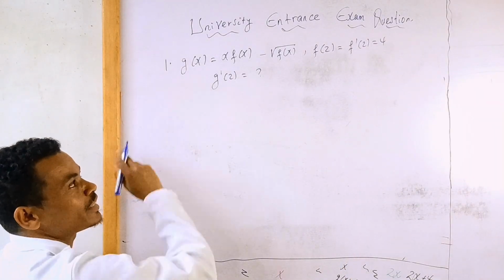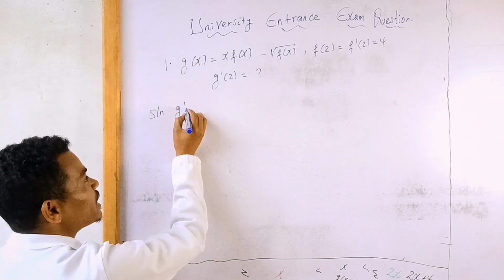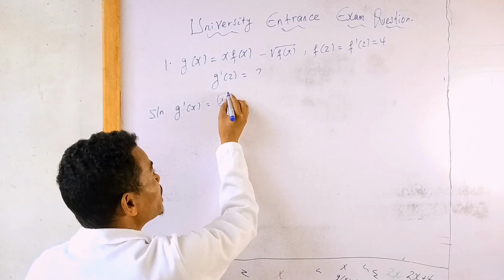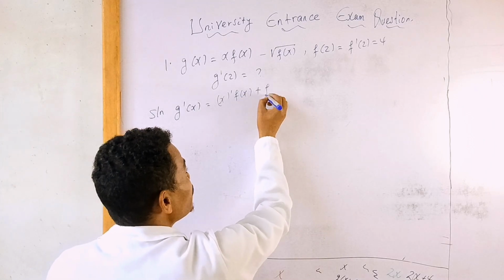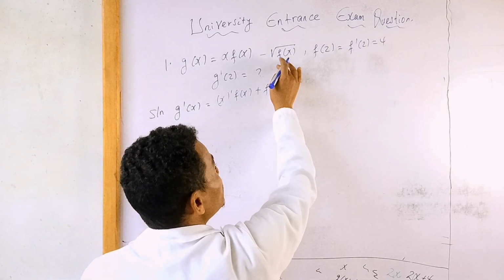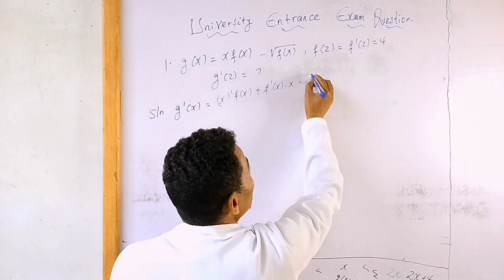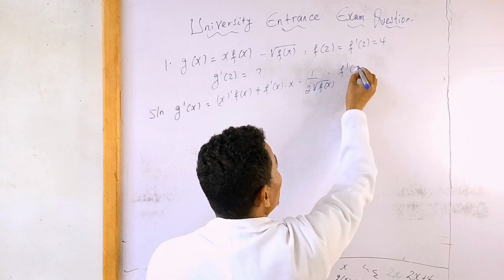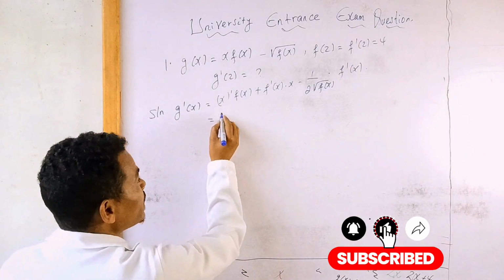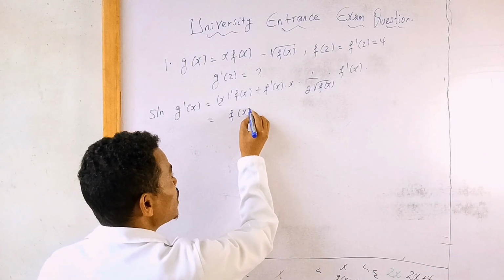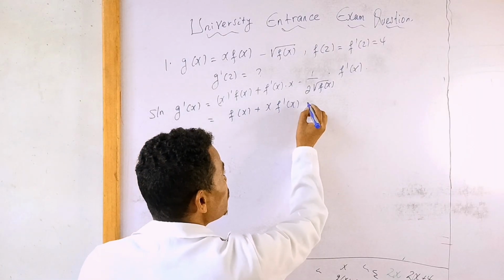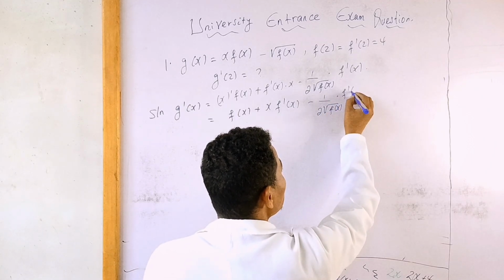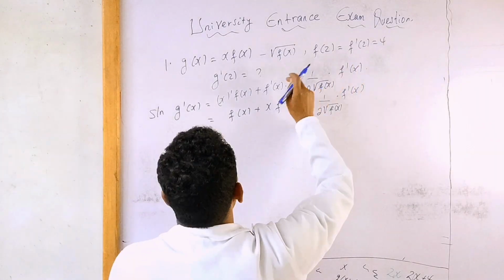ስለዚህ with respect to x derivative እናደርጋለን። መጀመሪያ, that is solution, g derivative at x is equal to x times f of x። እዚህ ጋር ምንድነው የምንጠቀመው? ፕሮዳክት ሩል እንጠቀማለን። That is x derivative times f of x plus f derivative at x times x, minus ቺኛዋ ደግሞ ቼን ሩል እንጠቀማለን። Square root of f of x, that is 1/2 radical f of x times ውስጠኛው ደሪቬቲቭ ስናደርግ that is f derivative at x ይሆናል። This is the same as x derivative is 1 times f of x is f of x plus x times f derivative at x minus 1/2 radical f of x times f derivative at x ይሆናል።